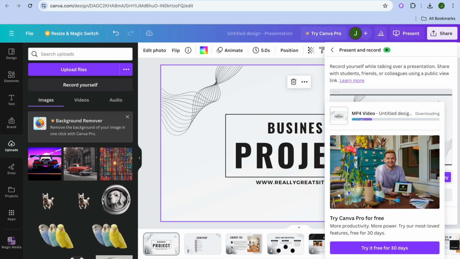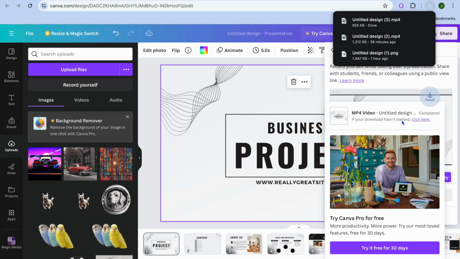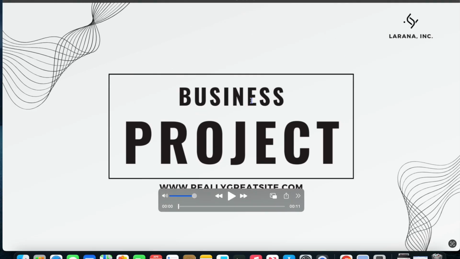After tapping on Download, you can see that an MP4 video is being downloaded, and that is our presentation video. Once it has been downloaded, from there you'll be able to share it with anyone. You can also edit it if you want in the future. So for example, you can see right here, if I were to tap on it,